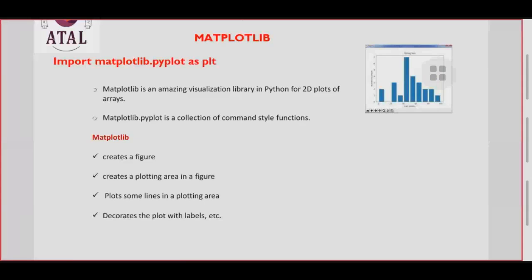It is a command style collection of functions. Matplotlib will create the figure, then the plotting area, and it will plot some lines in the plotting area and decorate the plot with labels, etc. Please make a note, because these are the major things you will use.